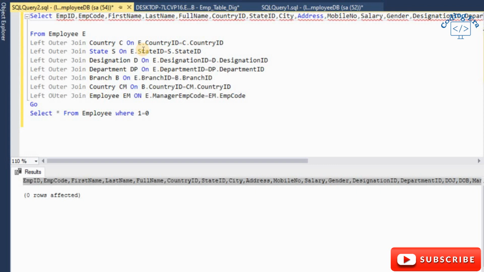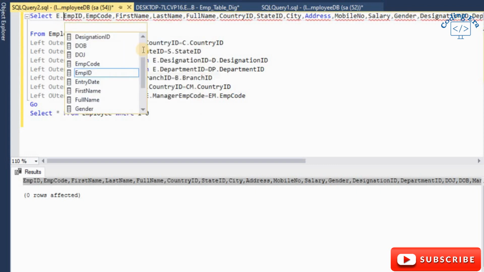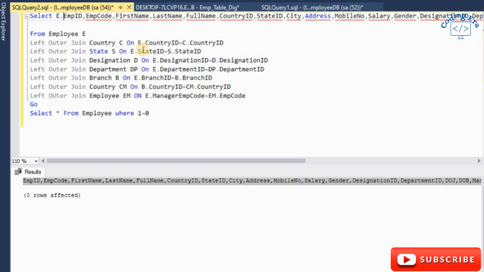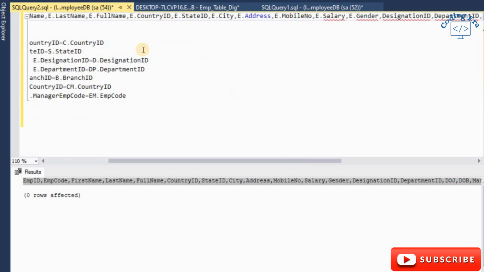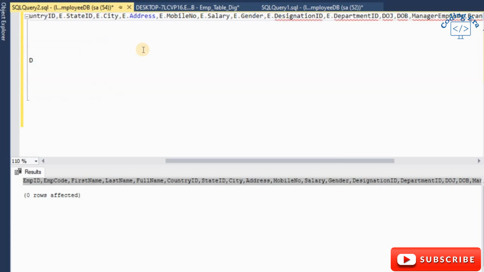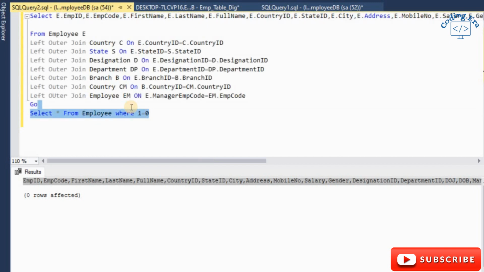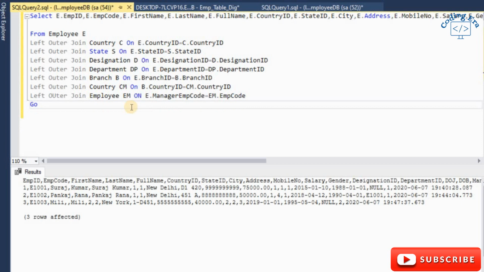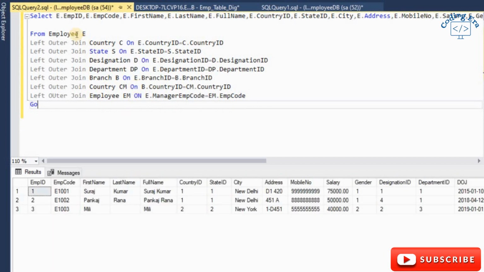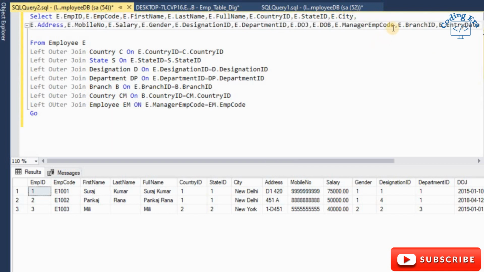Okay, and I will put alias here. You can paste it very easily by pressing the Control key and right arrow key, then paste here. Now remove it. Now here you can see I am getting all data from table employee.